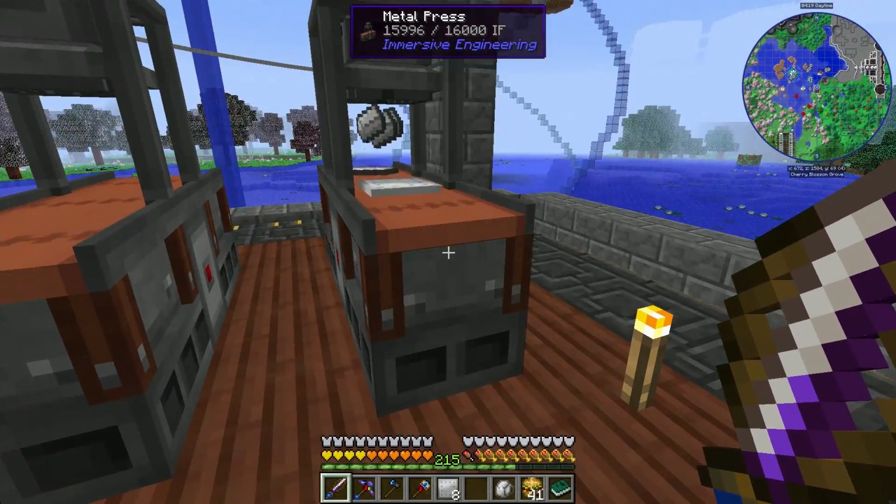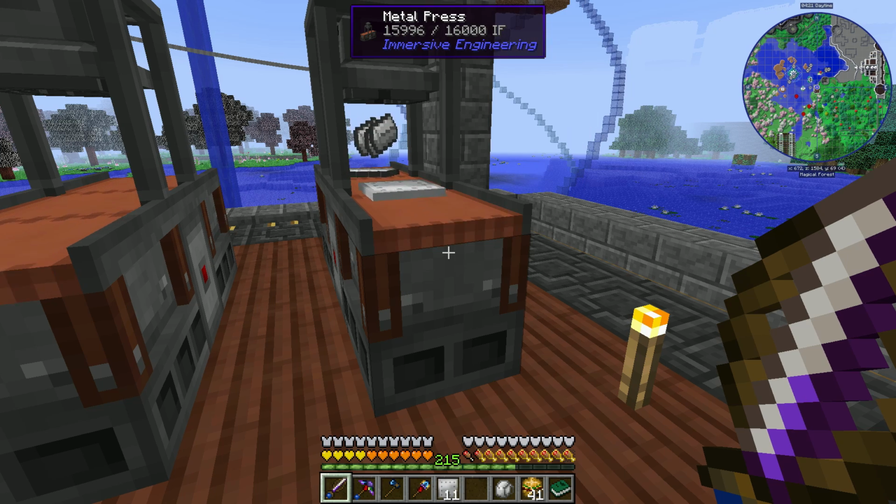I don't know, I'll have to do some testing in my test world and just see, or actually I can just look at the configs and see. But it seems like they've disabled explosions and all that stuff. I guess I could re-enable them, but